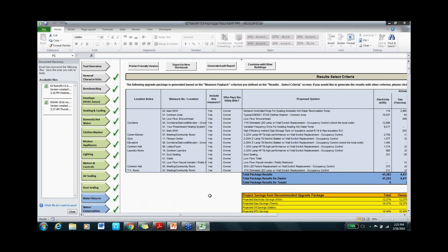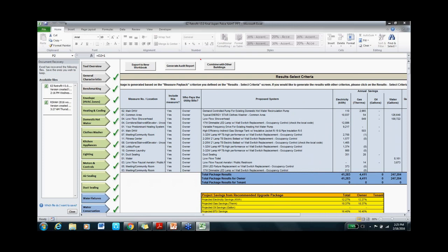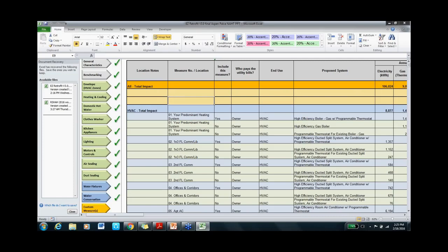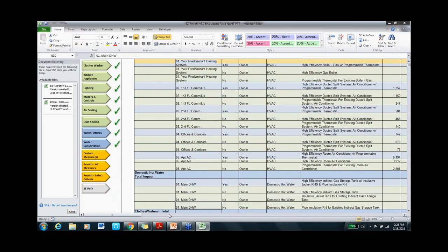this was one way of looking at the results. Now we'll also look at the master results, which we call here results all measures. Here is the button. And by now, all of you might have guessed that we are in the advanced path because this is the traditional Excel format that I was talking about. Basically, after the water conservation screen, you can imagine both the pathways kind of converge, and you get into the advanced path automatically. So on this screen, you see a big list of results, which is potentially all of